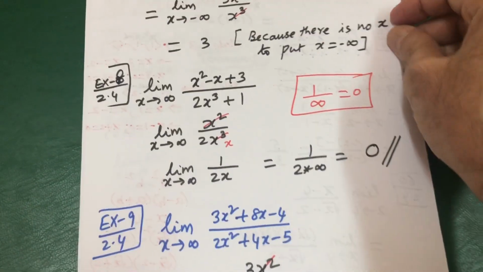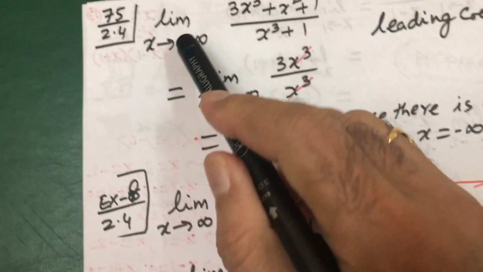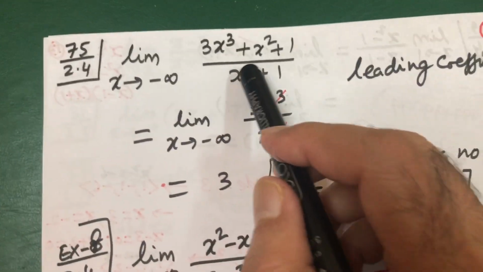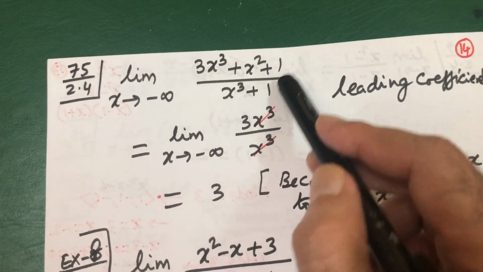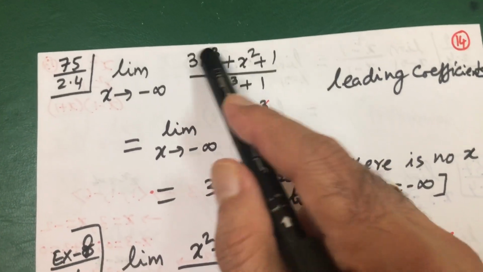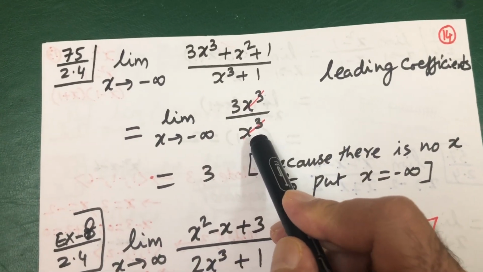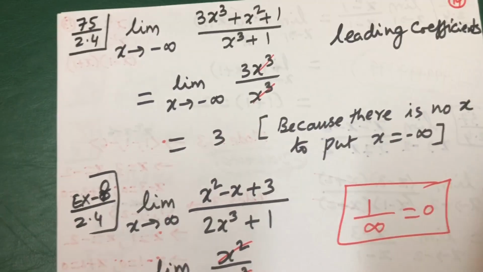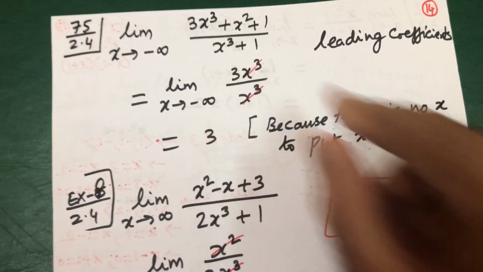Now let us do one more problem. Here the problem comes here, not a finite number, but it is infinity. Whenever you have infinity, this is the problem. How to do it? You take the leading coefficient. Though he has given a very lengthy problem like this, simply take the leader. Leading coefficient means leader, top, head. So this leading coefficient you write it. So this x cubed will cancel, 3 is the answer, because there is no x in this one. If there is x, I will put x equal to infinity. Because there is no x, I write simply 3.